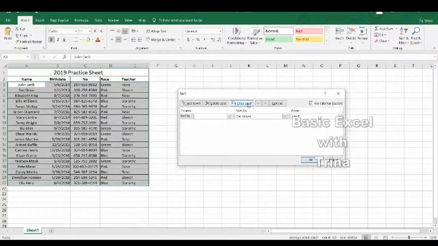Okay, so if you want to sort by, you can sort by the name, the birth date, the phone number, the race, the teacher's name. It has so many benefits depending on what you're looking for. Are you trying to see how many are in this race, how many are in this teacher's class? You want to separate it however you want and put those children, teachers, classes, or races in order. So we're going to go with